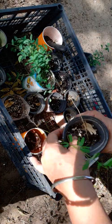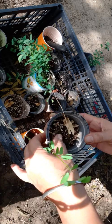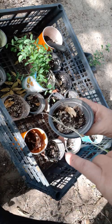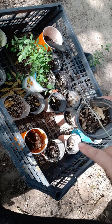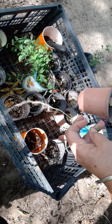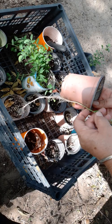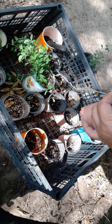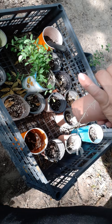I have a little bit of... This is a little bit of compost, perlite, and I think that's all I have. Sand, a little bit of native dirt and perlite. That's all I have. But now I'm thinking that this is not good here. Even if I go away, like right here, this is not a good idea. I'm not going to be able to use these pots. I'm going to need to use oh